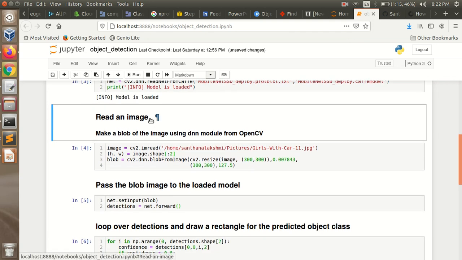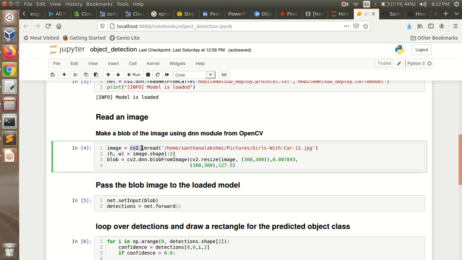Now what I'm going to do is detect an object in the image. So for that I'm going to read the image using OpenCV, and I'm taking the height and width. Next what I'm doing is I'm creating a blob. Blob means you're going to extract some specific part from the image, so that is blob. Then here I'm resizing it, and I'm defining the mean values and so on.